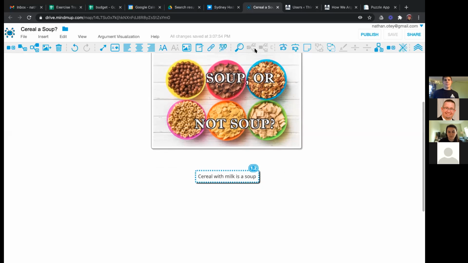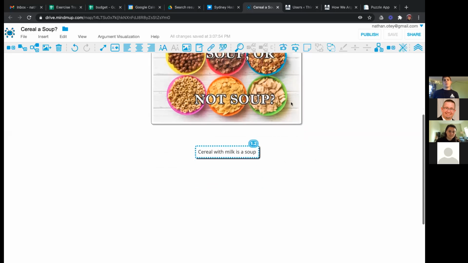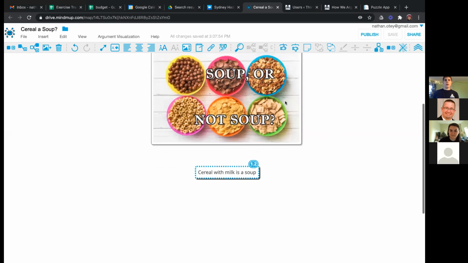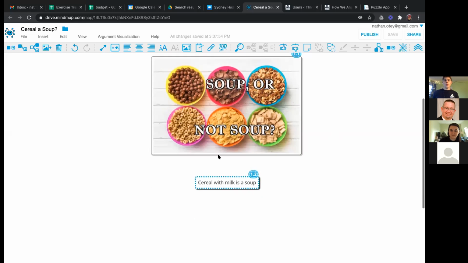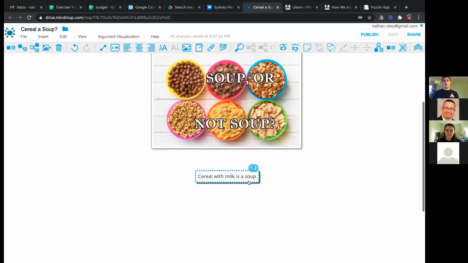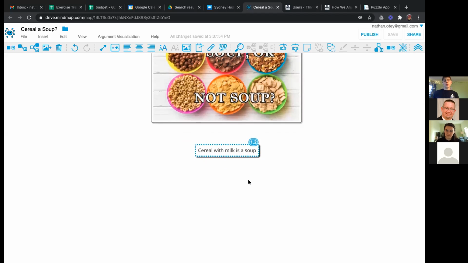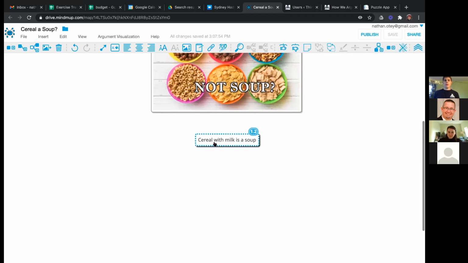What you can see here, I'm using a software tool called MindMup. We've got a tutorial document that'll teach you how to use this. It's free. It integrates with Google Drive. It's pretty intuitive, and students find it intuitive to use as well. So hopefully you'll be able to track along with me as I map our discussion here. What you'll see here I have as a main claim. It says cereal with milk is a soup. I'm wondering if anyone is willing to offer a premise, which is a reason to believe that cereal with milk is a soup. So is anybody willing to support the main claim here in favor that cereal is a soup?